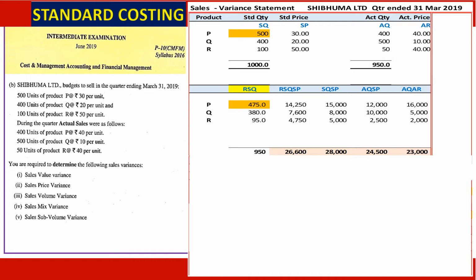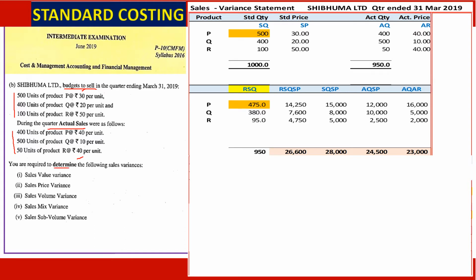Let us take up a question from the June 19 exam, where we are given a sales budget, its quantities and price, leading to the sale value to be realized at the end of a period. And we are also given, for that period, that is the quarter, actual sales under 3 products and the actual prices realized. And we are supposed to determine